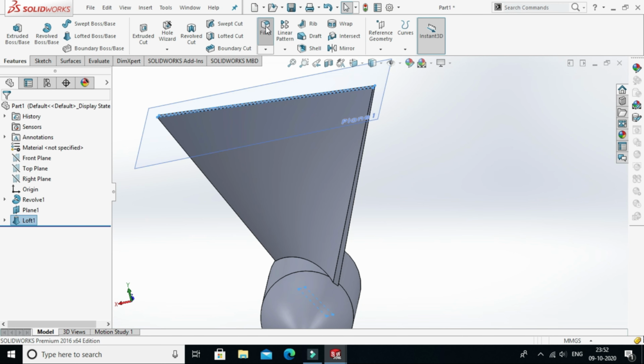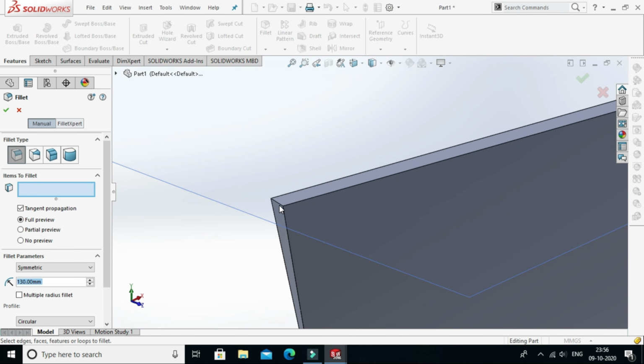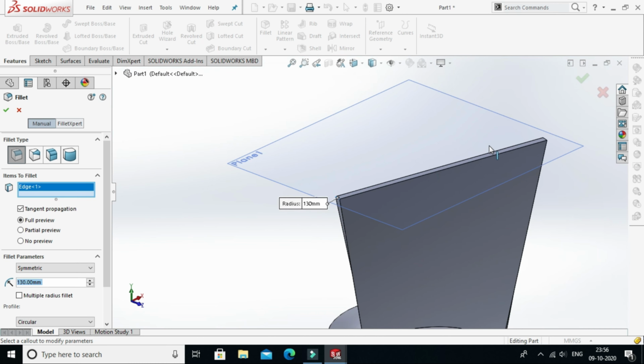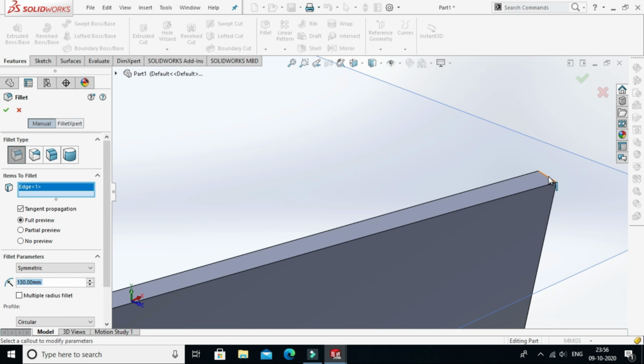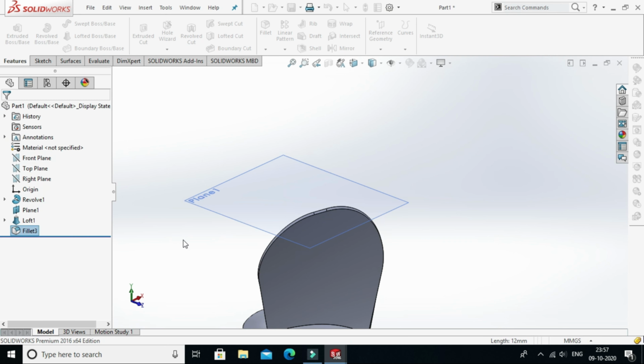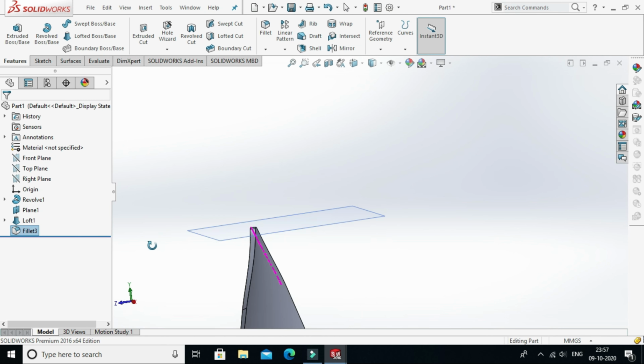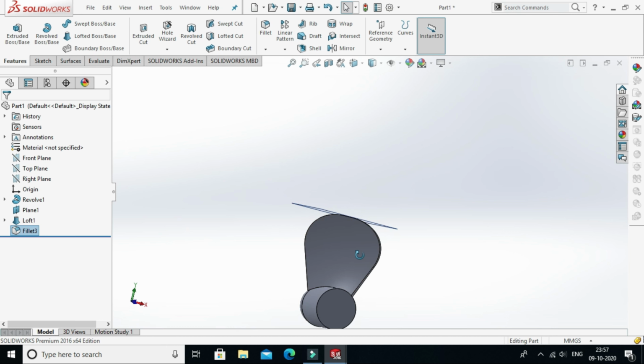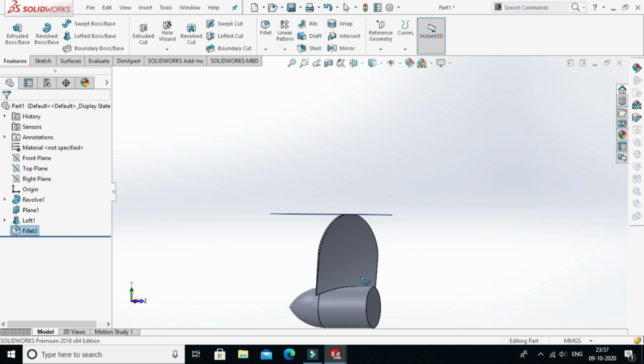So go to fillet, select this edge and this edge. Give value as 130, then click on tick mark.